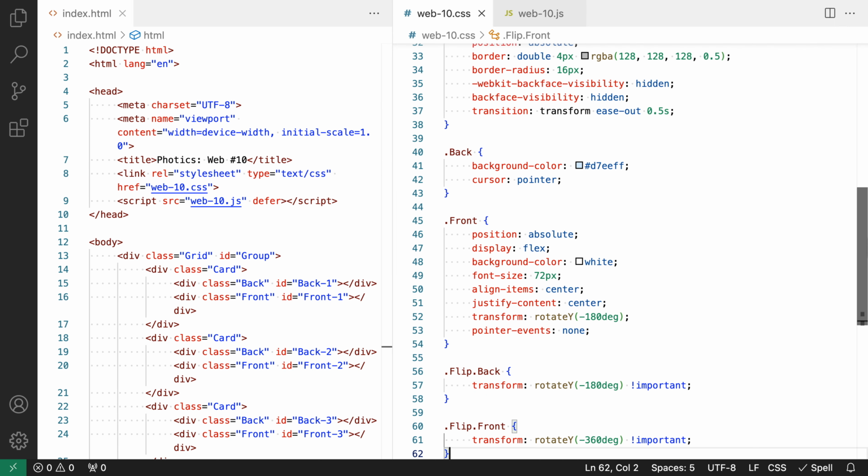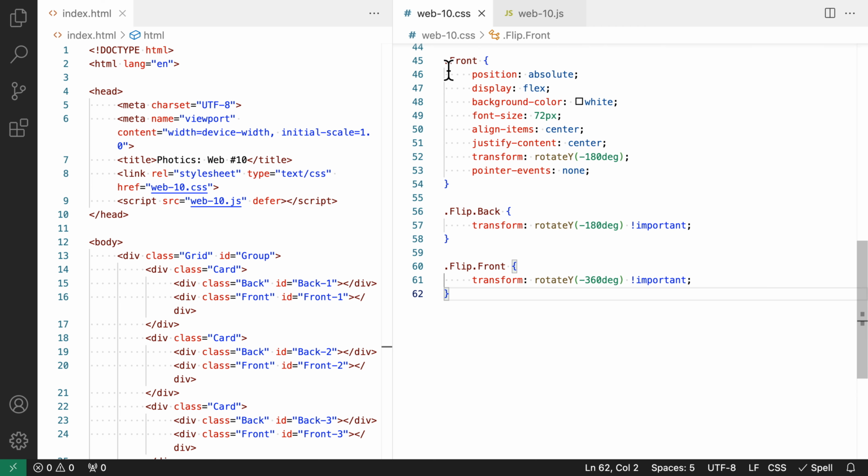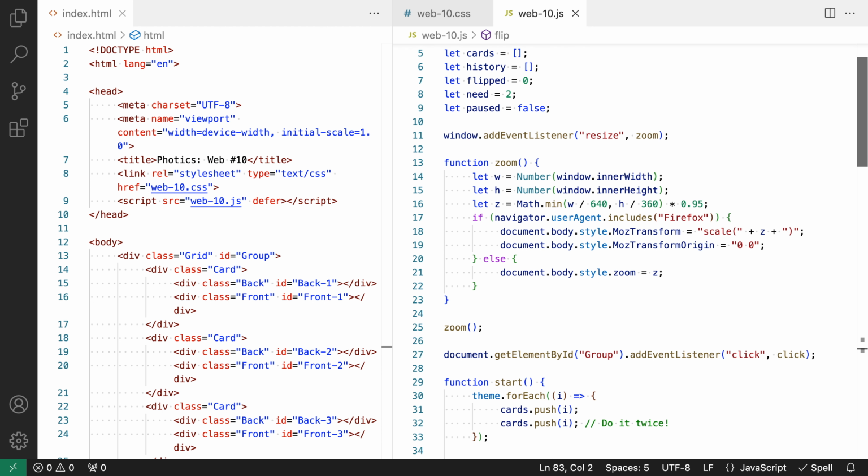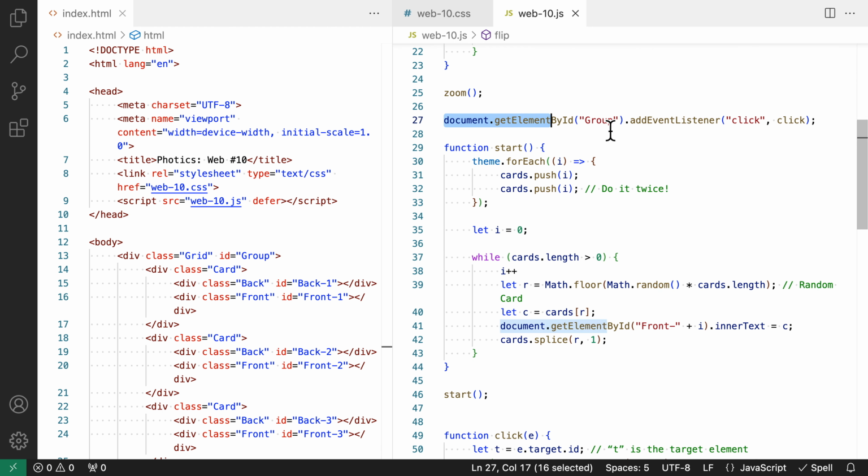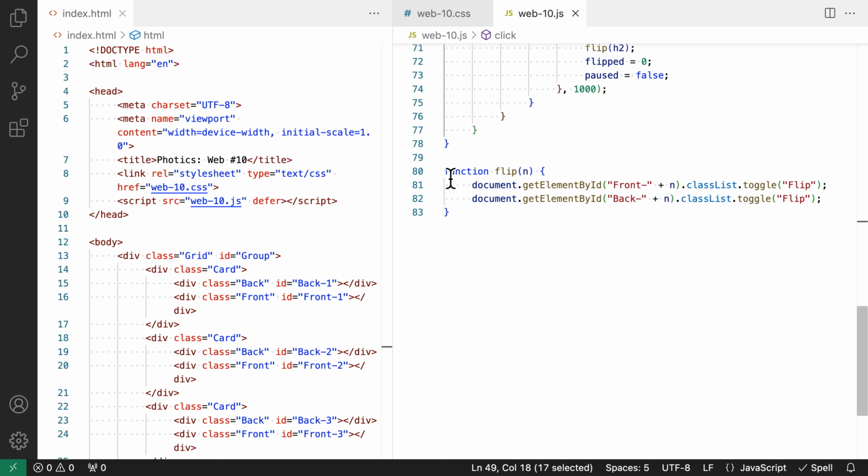Two additional styles are used to rotate the front and back elements. Initially, the front of the card is set to face the opposite direction. Then, by adding a class name of flip to the elements, both of them can be rotated three-dimensionally. That's where JavaScript is used. It's listening for clicks or full taps on mobile. If a valid card is selected, then the class list is toggled. If it doesn't have the flip class, then it's added. If it does have the flip class, then it's removed. This is an excellent way to make things toggle.